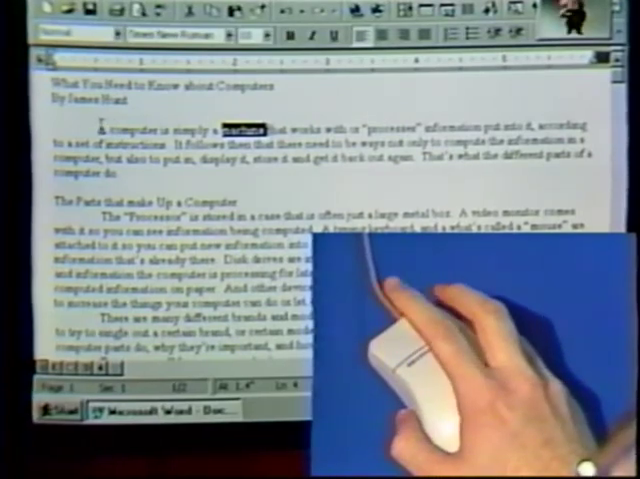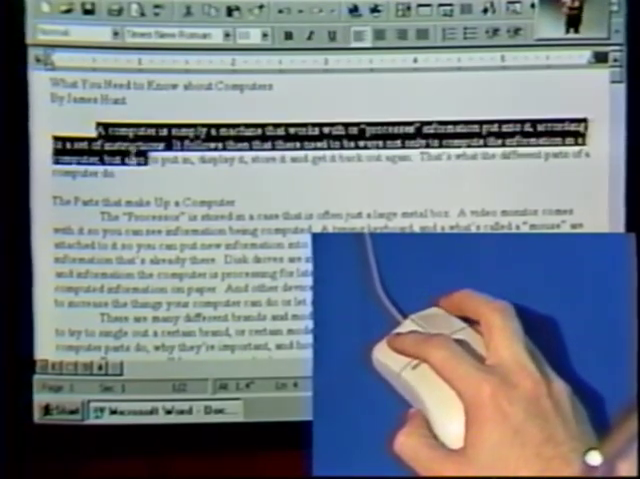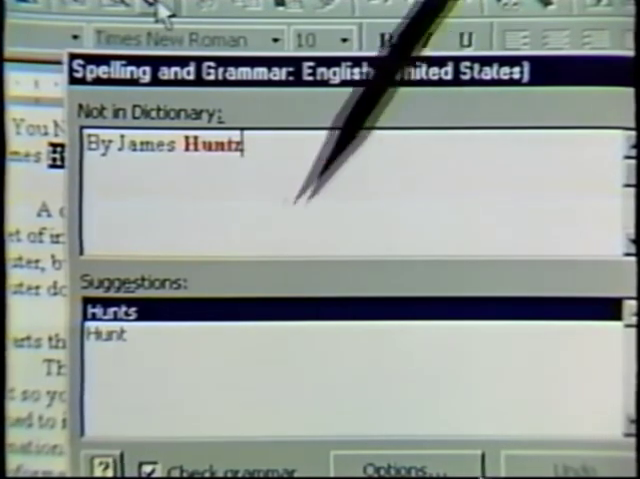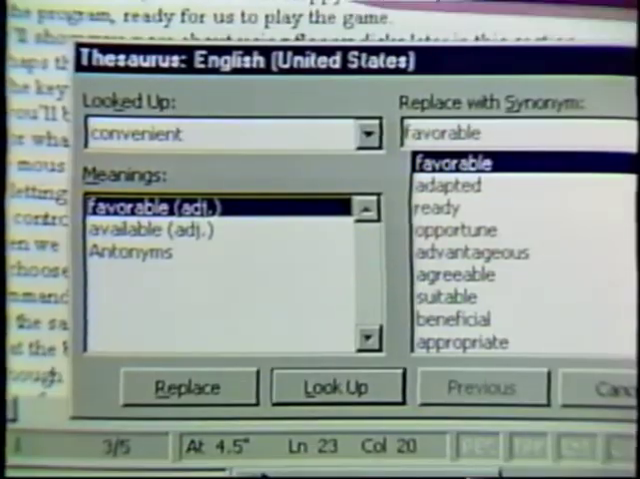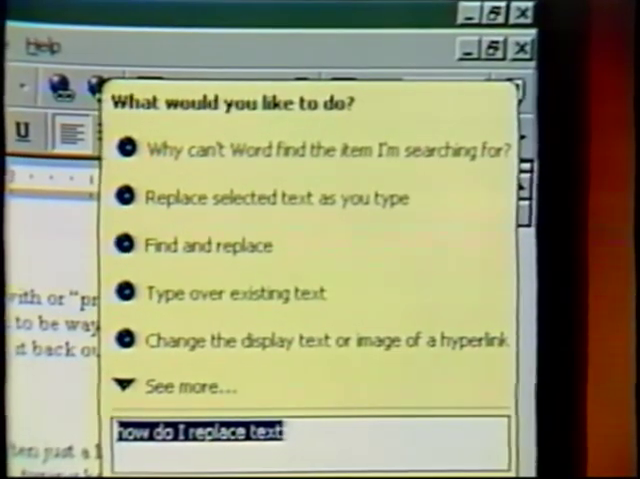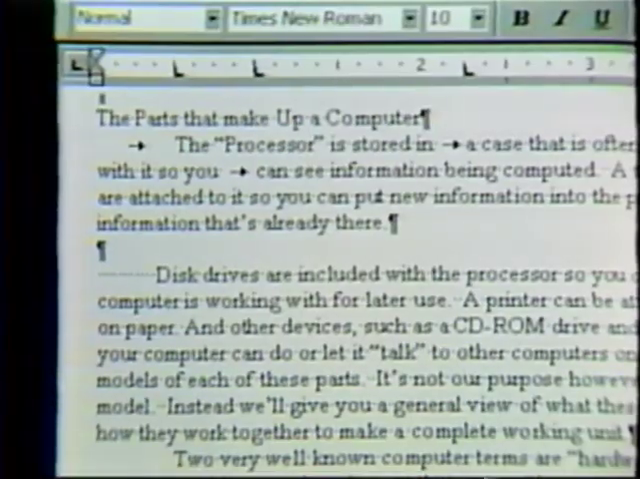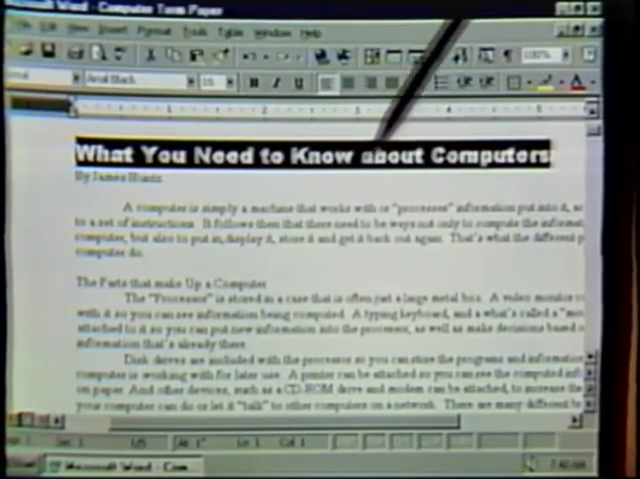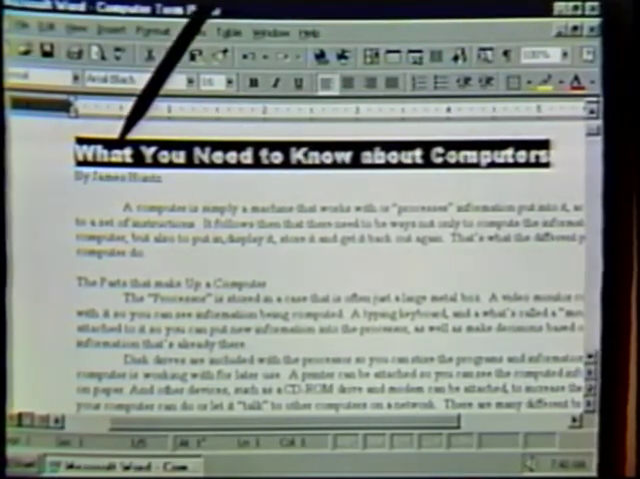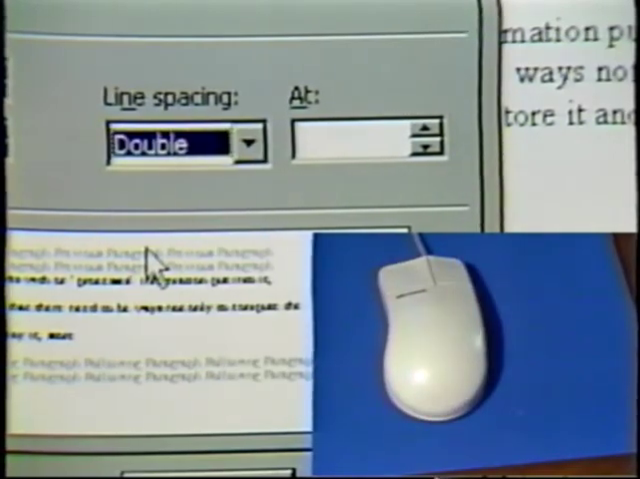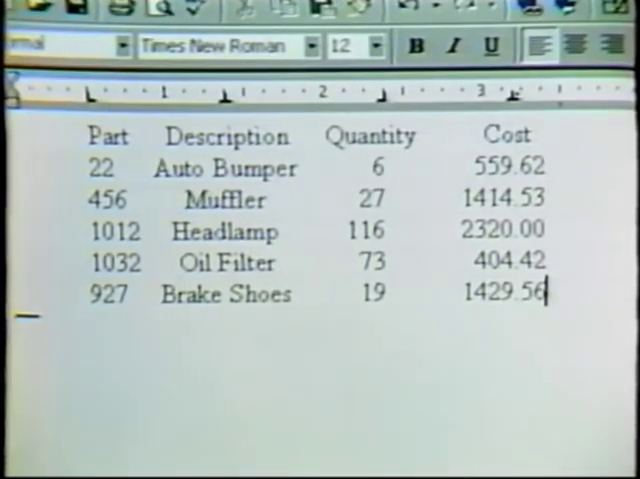In this intermediate Microsoft Word video, we'll first review basic word processing skills. Then we'll show you how to use the spelling checker, the thesaurus, and the help screens. We'll show you how to view your document in different ways, how to change the size and style of your text, how to control line spacing, how to put margins and tab stops into a document,